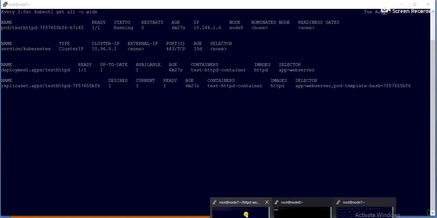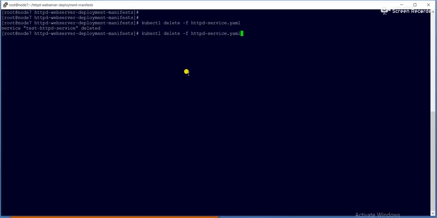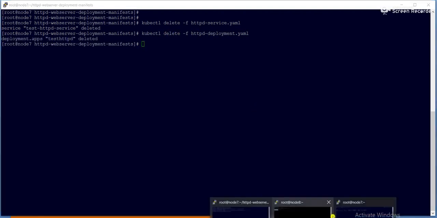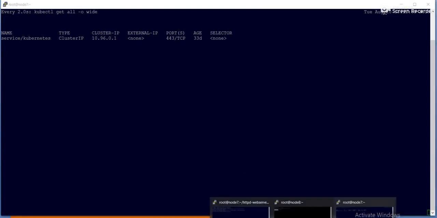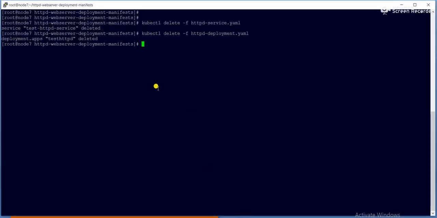Okay, after deletion of the service, now I will delete the deployment. So instead of create, this is delete. It's deleted. Now you can see only one service. Okay, it's pretty easy. So that's why you create a deployment using YML instead of kubectl, because in kubectl we have to use one command each time. So instead of using one command, in YML format we will define everything, then we will create the deployment. So it is pretty easy.